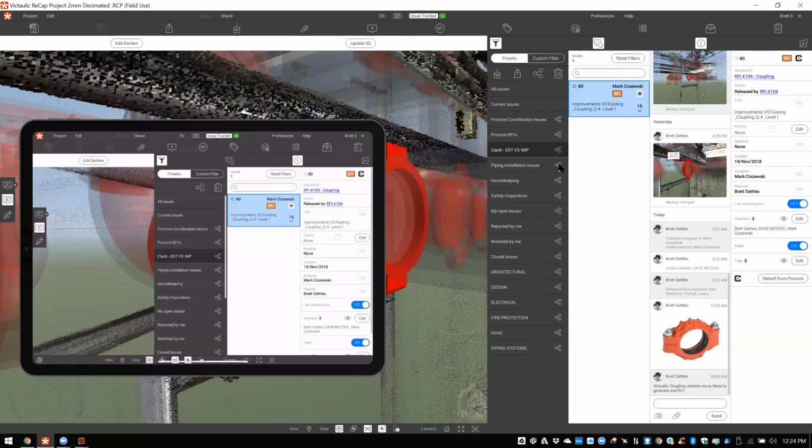It adds a great amount of context into the coordination process with our platform and the ability for point clouds and automated stamp issue creation for repetitive issues and things like that. That it just creates an environment where it crunches schedules, allows people to get that context that they need. And if you're in the field, as you can see here,